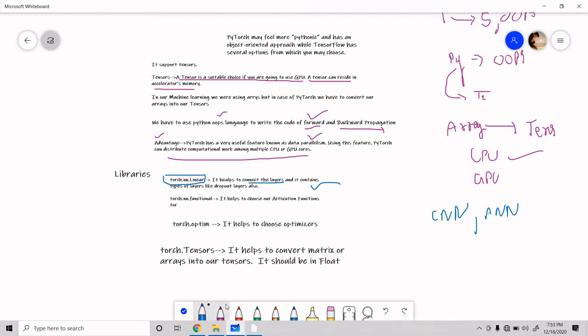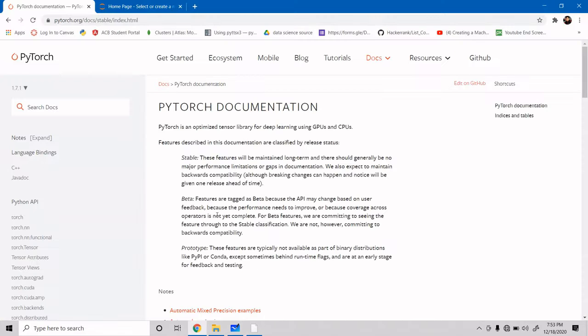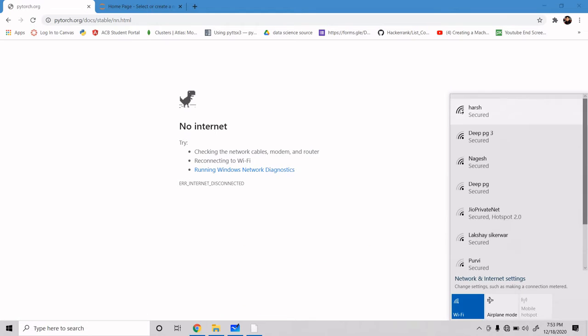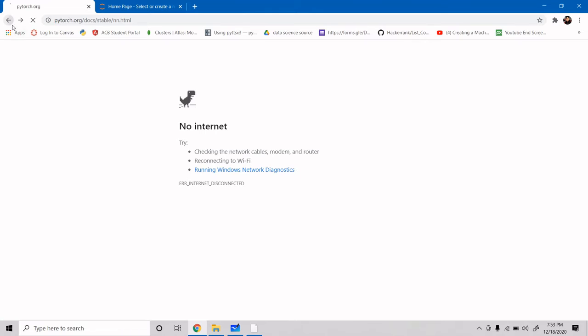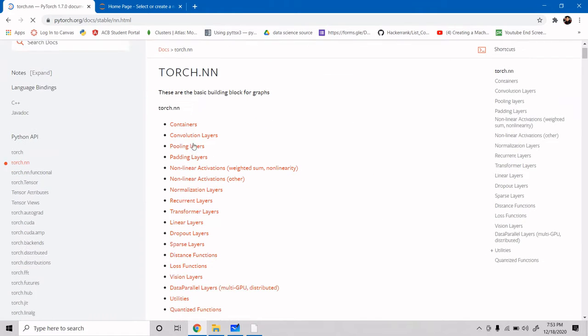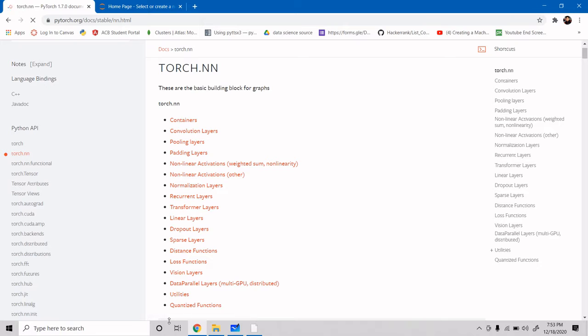If we look at the library, we have to go first to torch.nn, and then it will show all the layers: pooling layers, padding layers, dropout layers, linear layers.